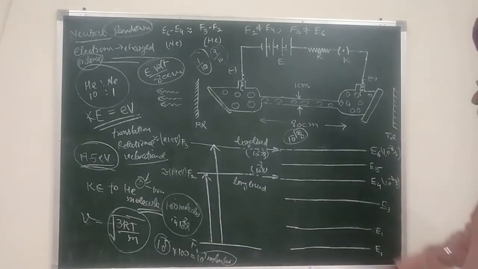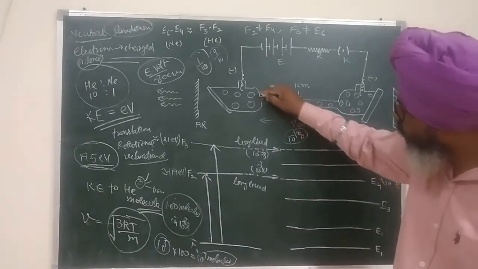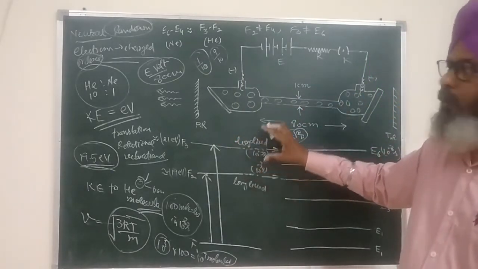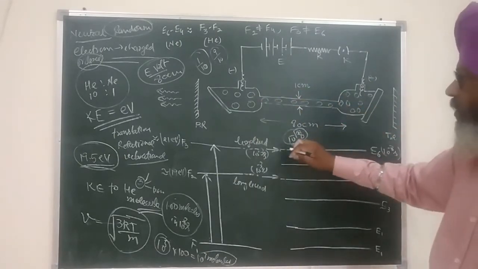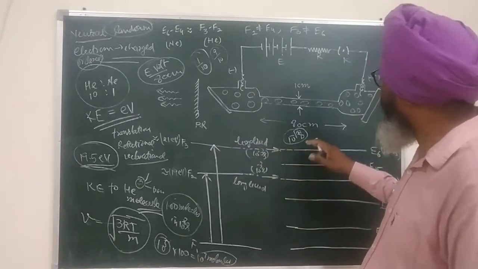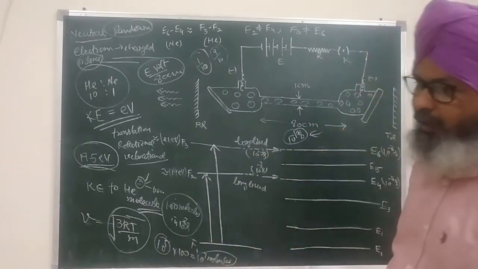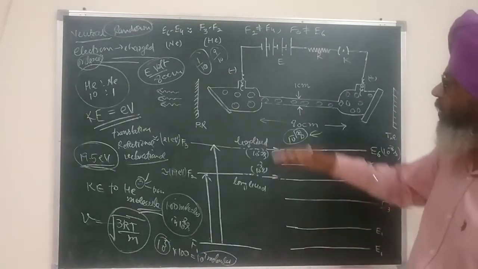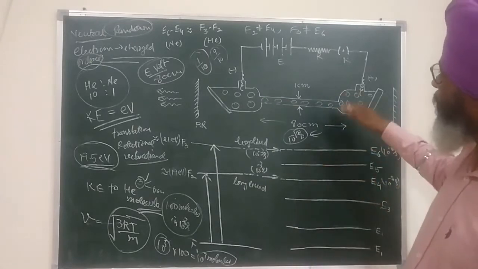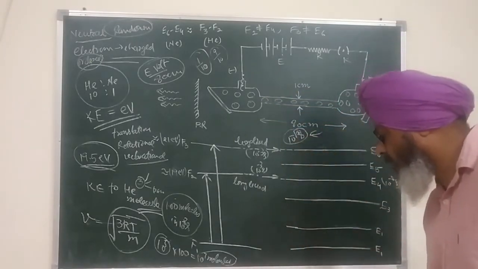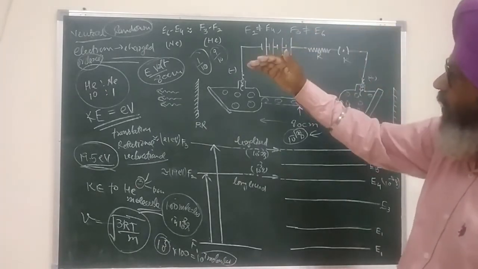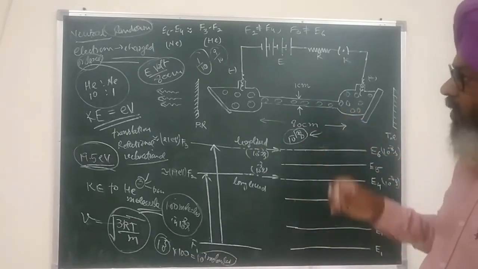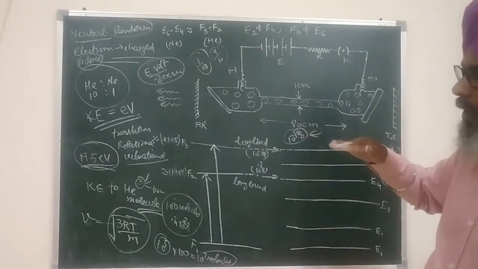So what is the benefit of this? When the collision takes place, almost the whole of the neon molecules which are in the discharge tube will get the energy from helium, and that too in a time span less than 10 raised to power minus 8 seconds. And that is a big advantage, because if we are not using helium and are using only neon, then what is going to happen? We are exciting neon, then these are coming down. We are exciting more neons, then the already excited neons are coming down. As a result, even if the pumping is working continuously, the number of neon molecules is not going up.